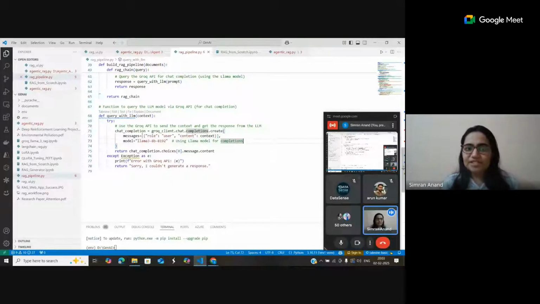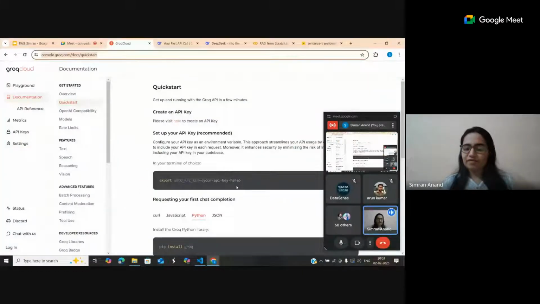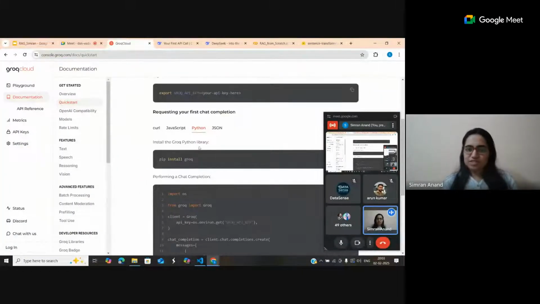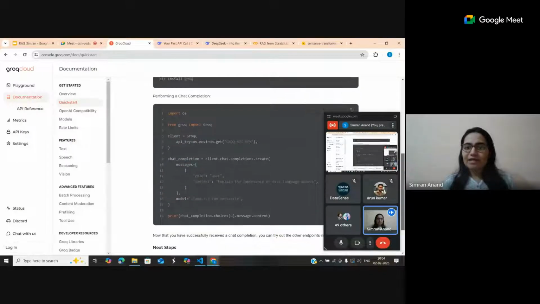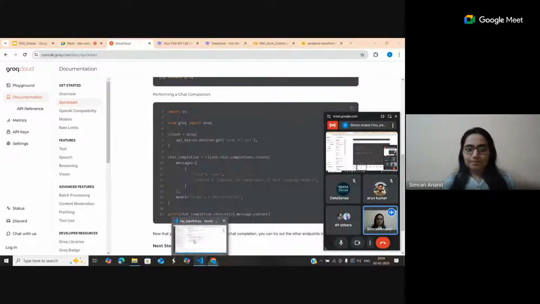Now, chat completion is client.chat.completions.create. If you go to the official documentation also, you would have an understanding as to, firstly, you install it into your system. Then you will have an understanding if you want to invoke the API, then this is how you do, right? Then coming over here,